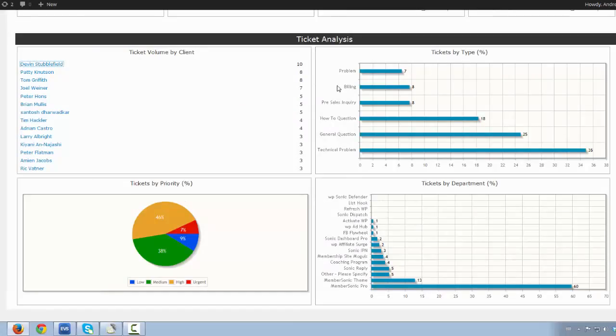I can look at tickets by type, so I can see the percentage of tickets that have been submitted for problems, billings, pre-sales inquiries, and so on. You can see the majority of our tickets are technical related tickets. Under tickets by priority, I can see what percentage of tickets are coming in that are low, medium, high, or urgent. And then finally, under tickets by department,